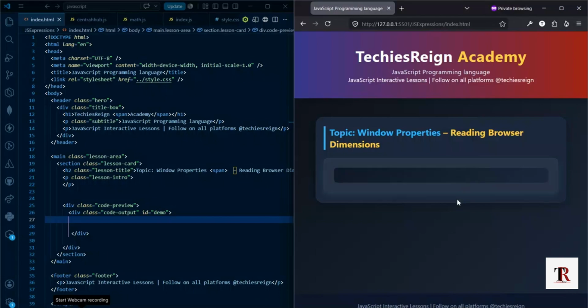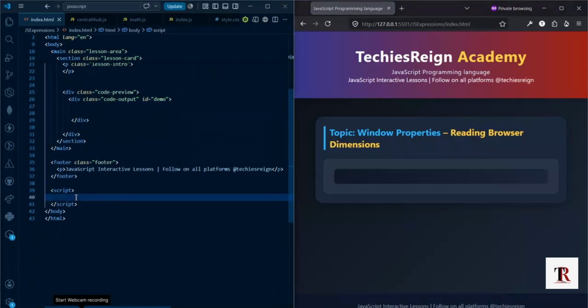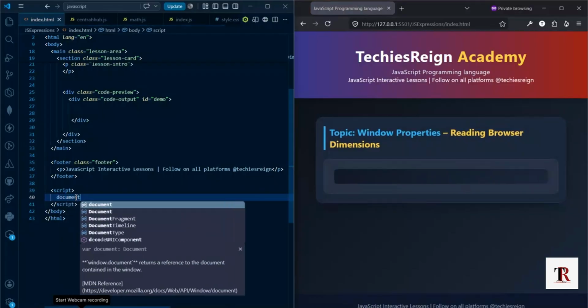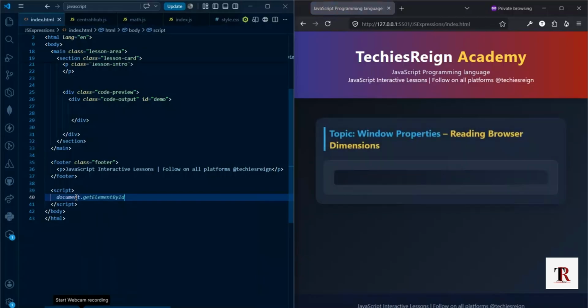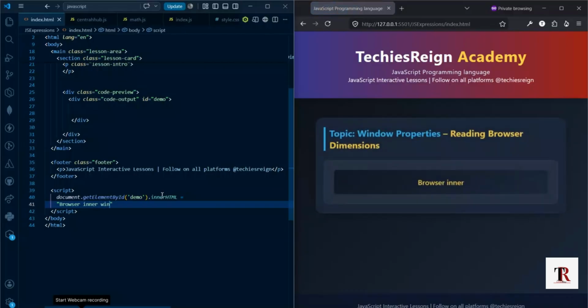In order to do this, I don't need anything inside my HTML parts, so I'll move directly into the script tag. Inside the script tag, I'm going to use document.getElementById to select the ID that corresponds to my browser window, dot innerHTML equals to. This is a text string, nothing special: "Browser inner window width"